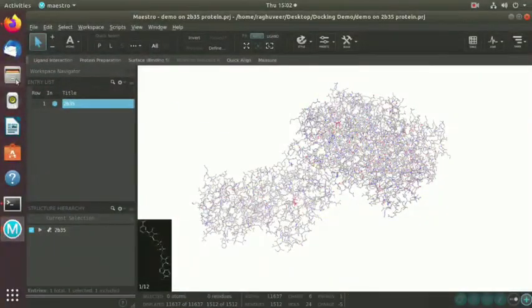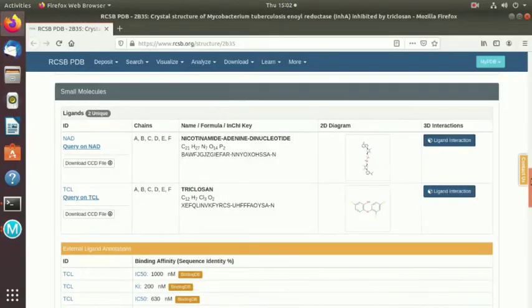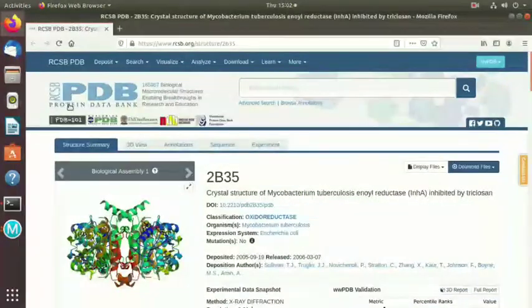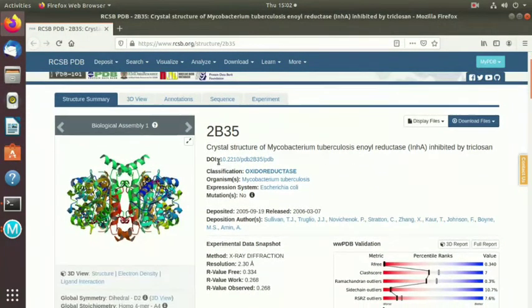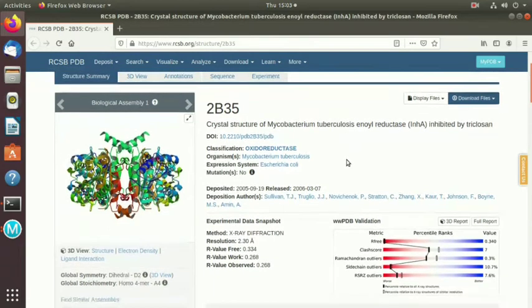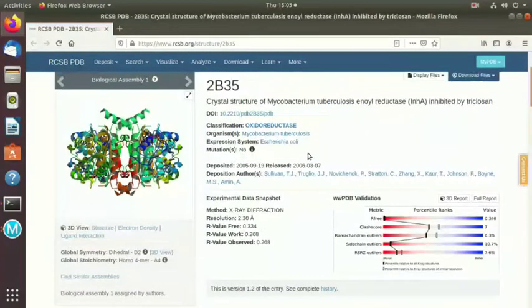The information about this protein we can find on the internet. By clicking on the Protein Data Bank PDB code, we can get the complete information. This 2B35 protein is a crystal structure of Mycobacterium tuberculosis enoyl reductase inhibited by triclosan. Along with the protein crystal, we can observe that triclosan is present, so we can consider it a co-crystal. This protein comes under the oxidoreductase classification, derived from the organism Mycobacterium tuberculosis and expressed in Escherichia coli.